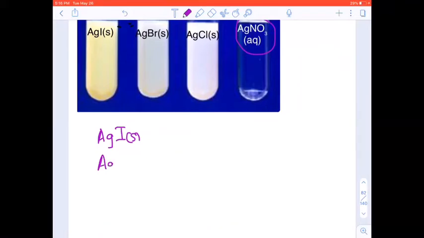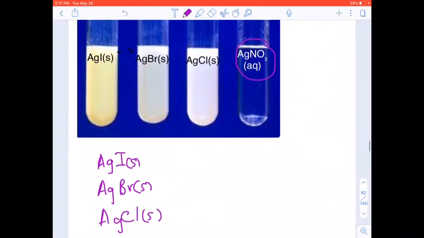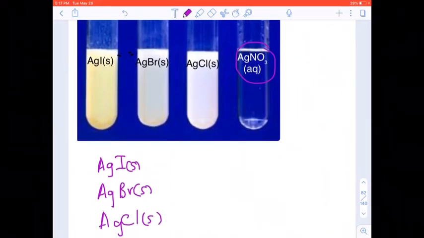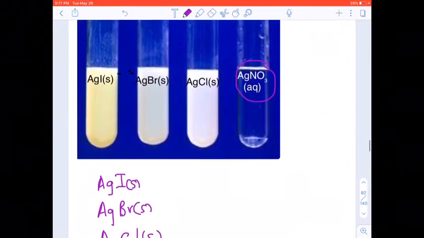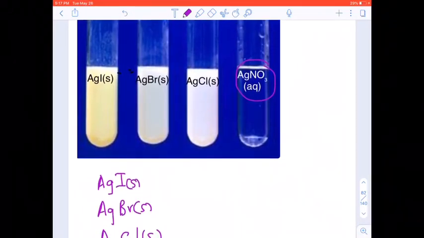AgBr is insoluble. AgCl is insoluble. Right, so you recognize these are insoluble, so they in actual fact form a precipitate, something that doesn't